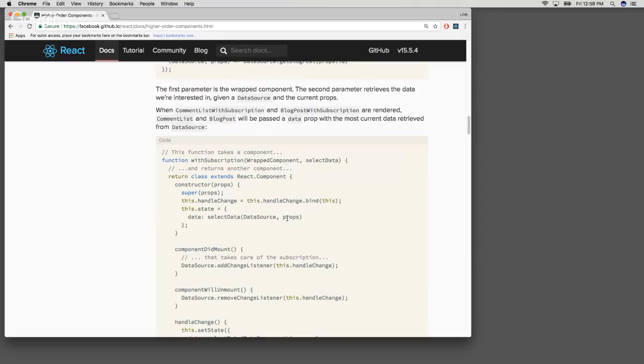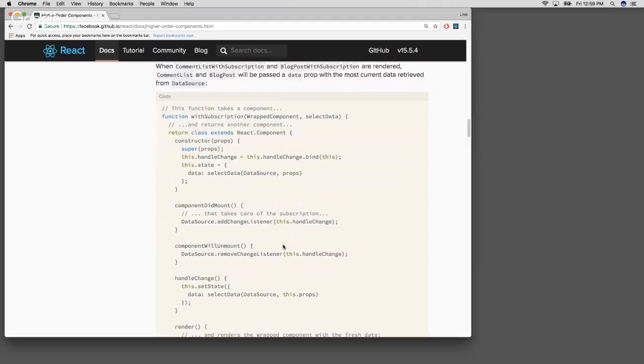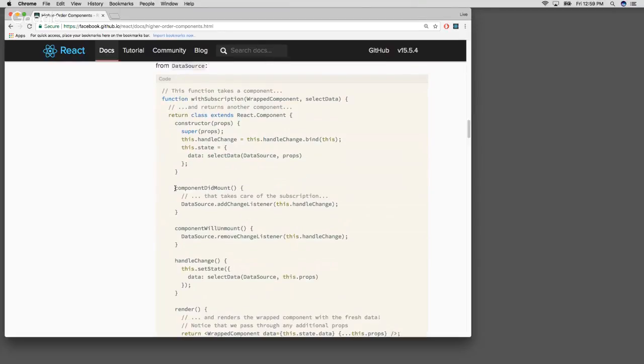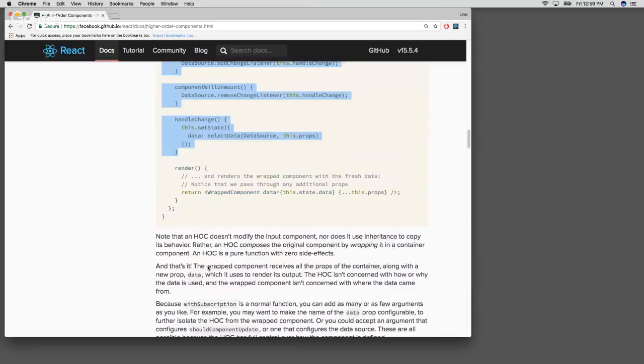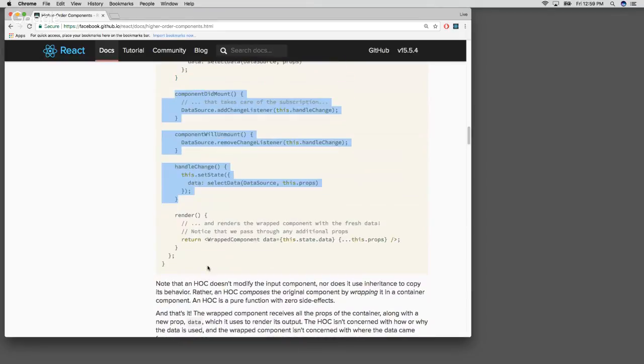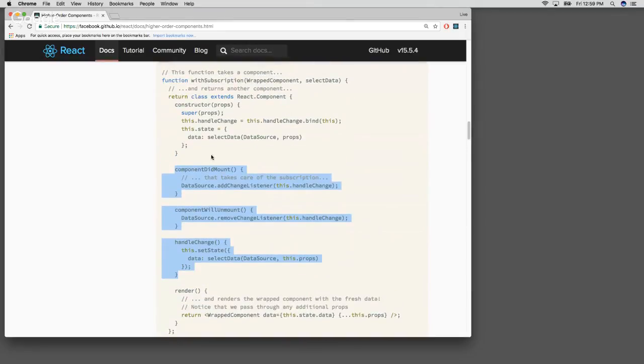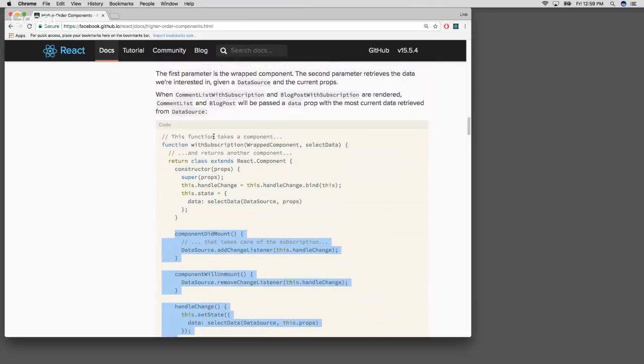Okay. So basically this is all the common code. They wrapped it inside a function like this. Okay. So this is a reusable function,